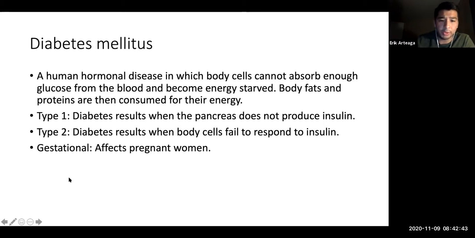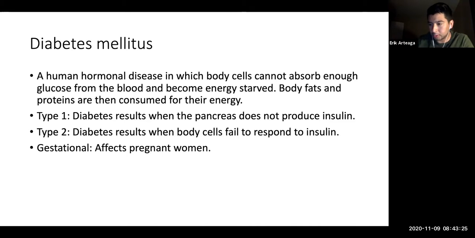So type 2 diabetes results from body cells failing to respond to insulin. And this is typically what we see with older individuals that develop diabetes, right? So these are individuals that have long been consuming high sugar diets, and then eventually you have what's considered the desensitization of those cells to the insulin. So they no longer respond to insulin, okay? And again, this is also very dangerous as well, right? You do have the inability to modulate or remove or add sugar into the bloodstream, okay?